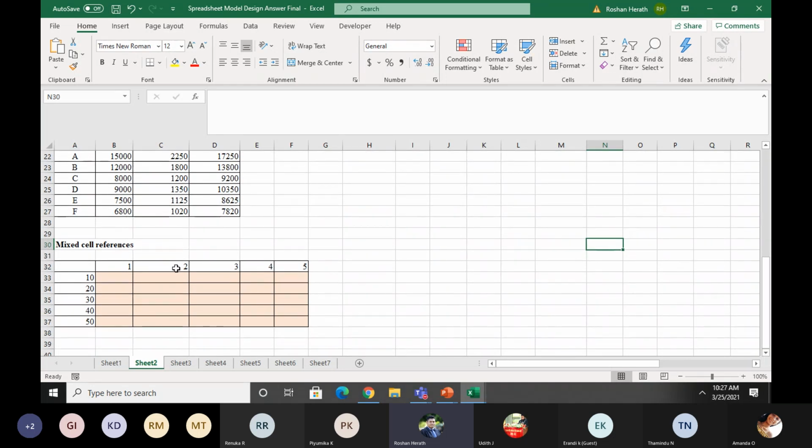Here I have taken a kind of a table. There I have taken some values in this